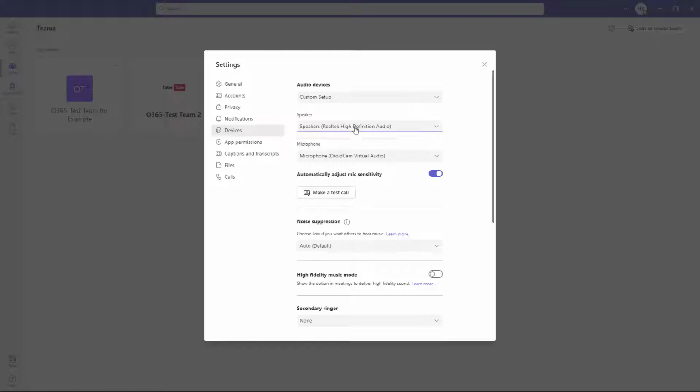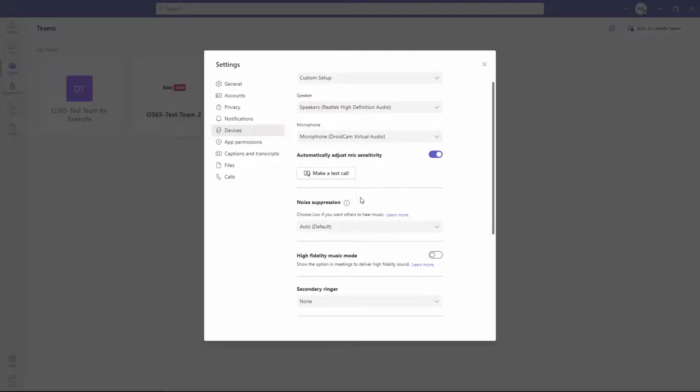So here you can choose the speaker, and especially when you have multiple speakers, you can select the one that you want the audio output from. You can select the microphone that you want over here as well, just like this, or whatever you want. You can select line in or a different microphone according to how you want. So apart from that, you can also make a test call